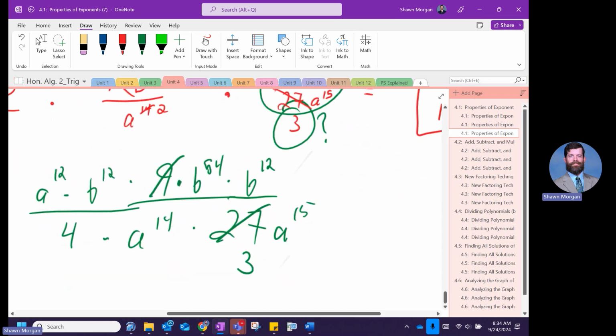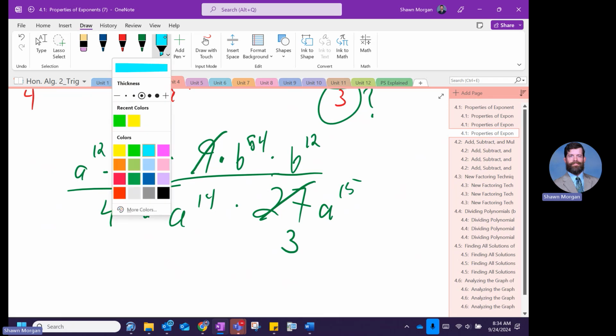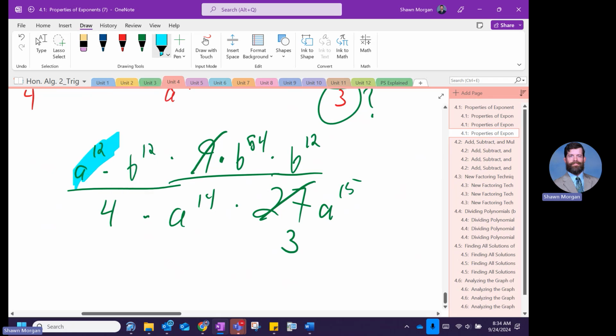Okay, good. I think I can do this down here with our explanation. So let me go to blue here and just highlight our A factors. Now, if I'm tallying things up, maybe it would be smart to tally up what's at the bottom first. Like in my brain, I was just like, all right, I'll kill off 12 of these guys if there's only 2 left. And then 2 and 15 makes 17. But perhaps 14 and 15, it'd be better to look at it. 14 and 15 is a to the, what is that,